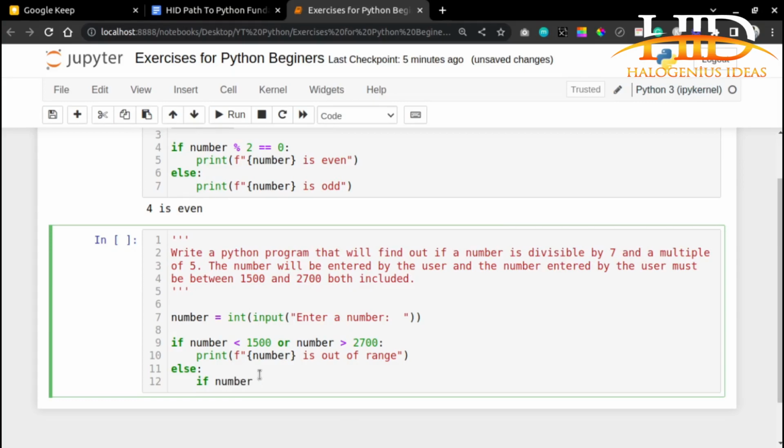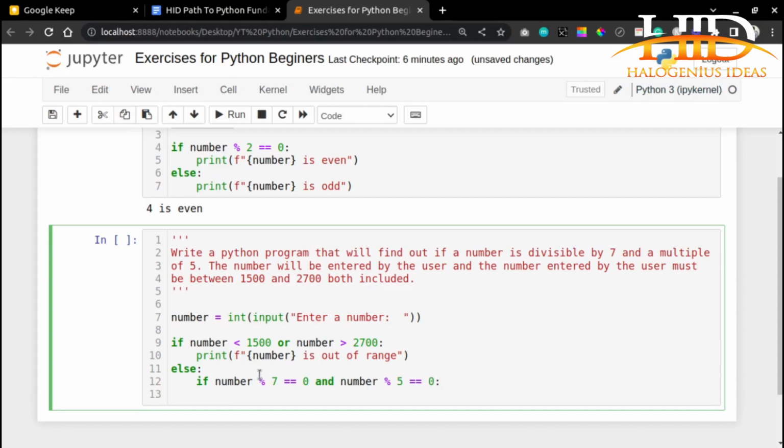If number modulus 7 equal to 0 and number modulus 5 equal to 0, I'll print a formatted string saying that the number is a multiple of 5 and 7, else